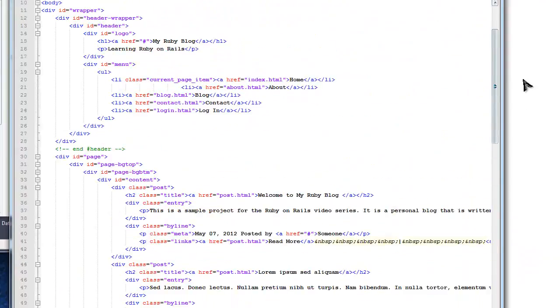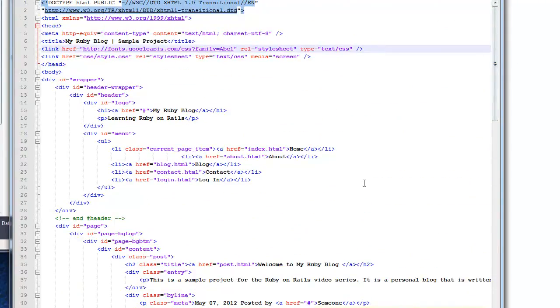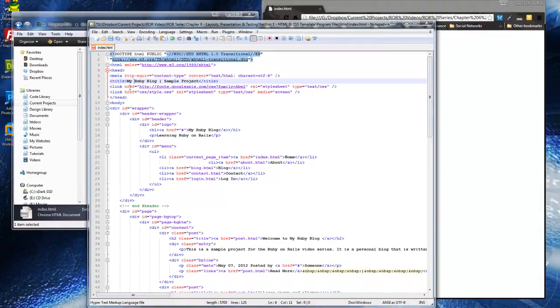And it's just basic HTML. This is actually an XHTML document, so we have the doc type. And then we have the head tags, and we have the content, the character set, and we have a title, static title,